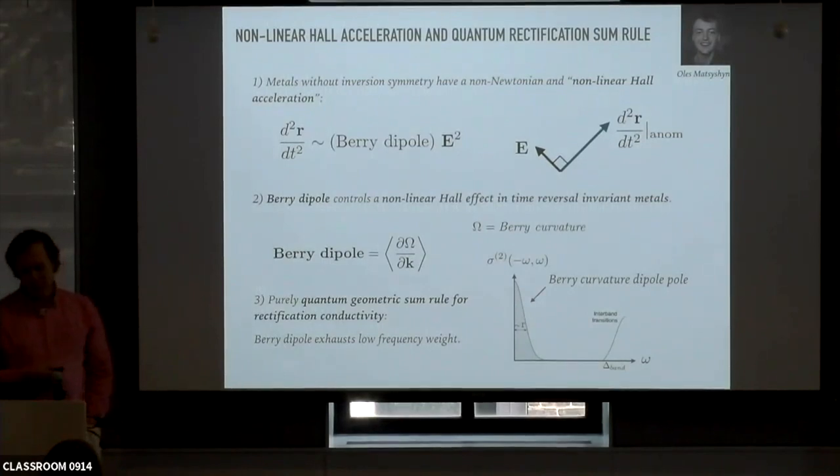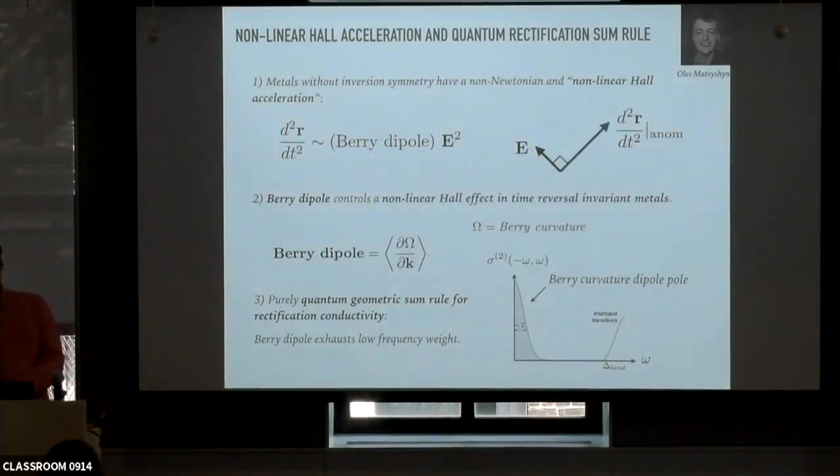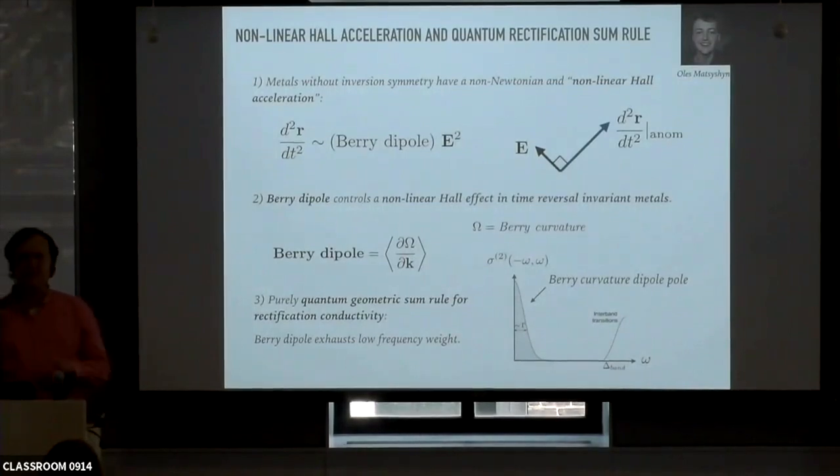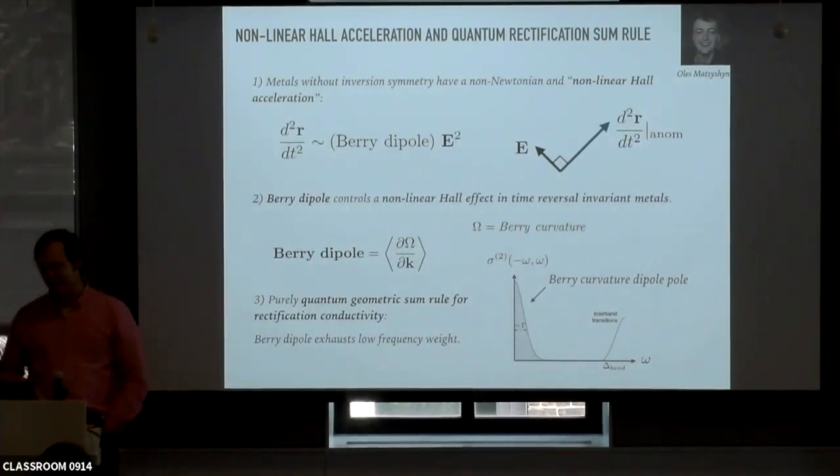And this correction to Newton's law, this acceleration, is always orthogonal to the applied electric field, so it's a kind of Hall acceleration, and it's controlled by the Berry curvature dipole, which is defined as the gradient of the Berry curvature with respect to momentum over the occupied states. And I'll show you how this nonlinear Hall acceleration is behind the nonlinear Hall effect that can be present in